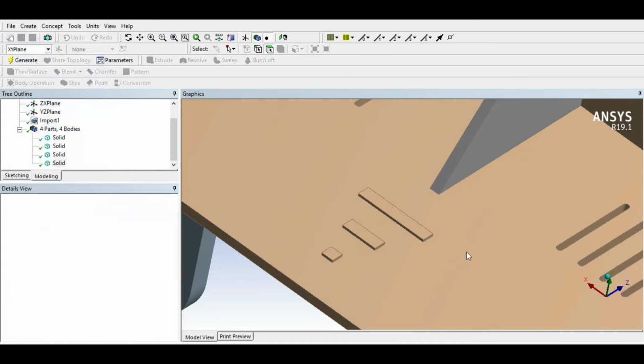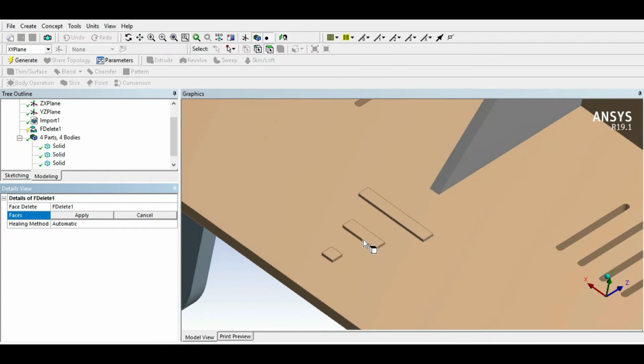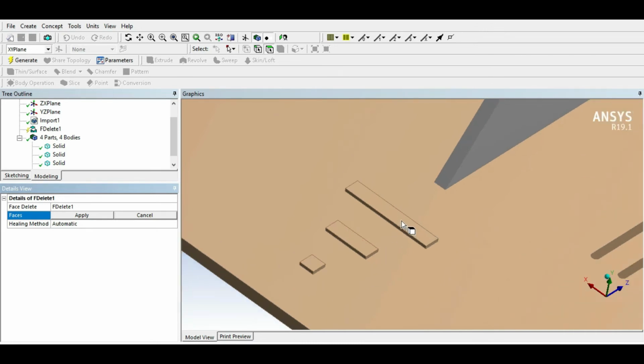We have to select all the faces of these extruded parts and then it will delete this geometry. Here it is asking for the faces, so we have to select these faces first. Click on the first. To select multiple faces we have to click and hold the Ctrl key,